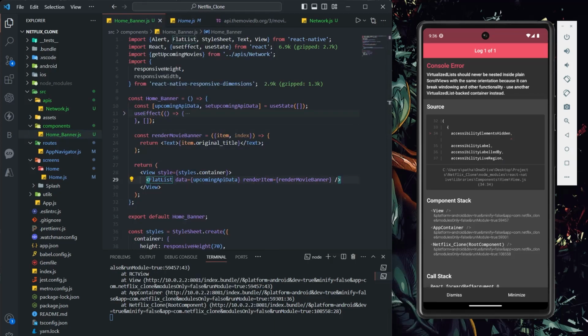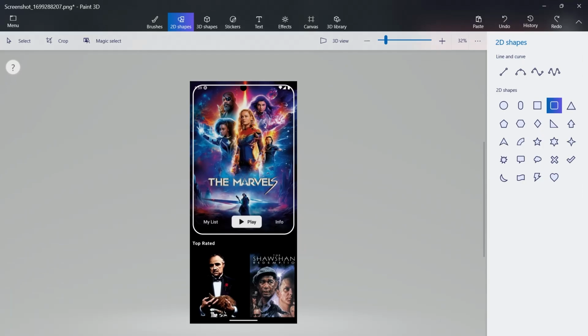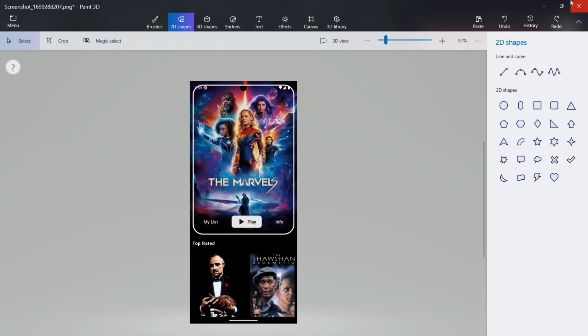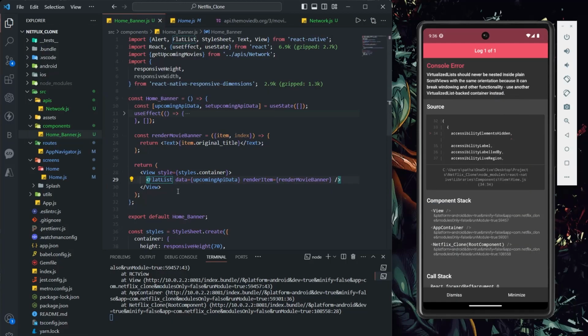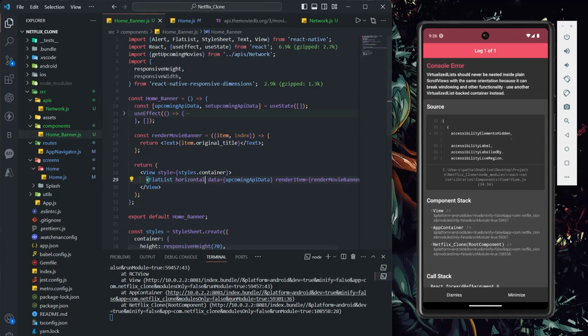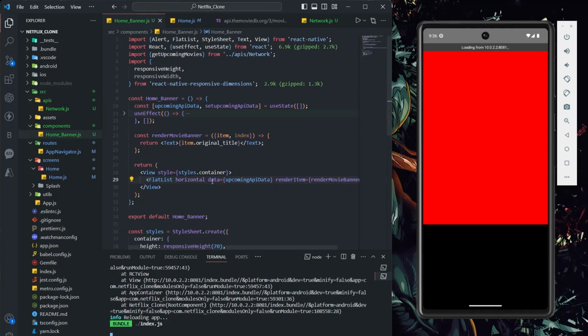Right now, if you see in the UI, my banner is in a horizontal direction, not in a column, right? Horizontal means I want to change the direction in this way, not in this way, right? So that's why I'm going to simply change the direction to horizontal. That's it. Let's do this. Okay, see,